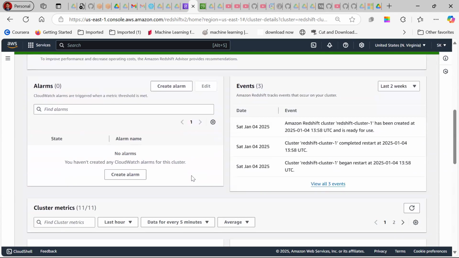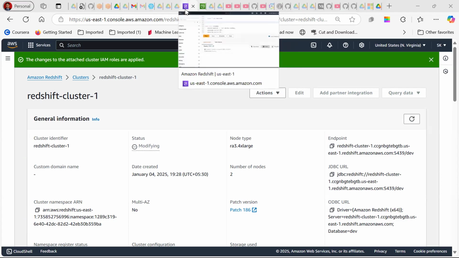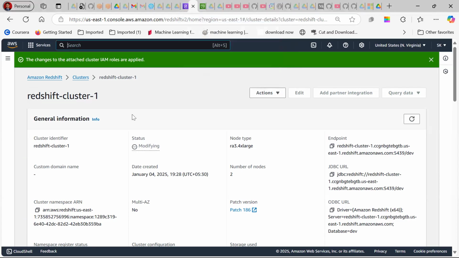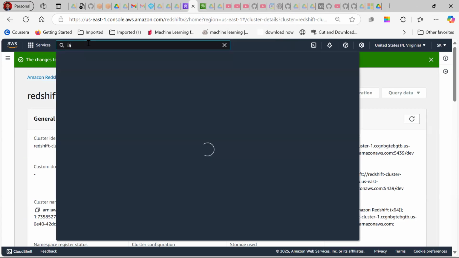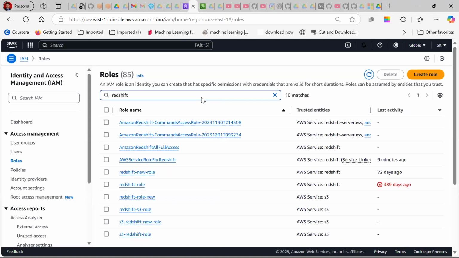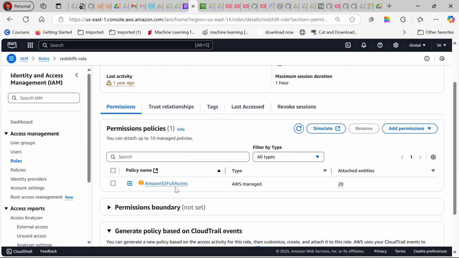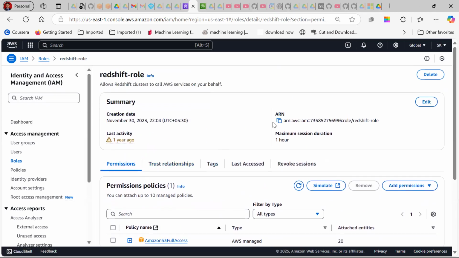Let me check in Redshift which role it is showing us. IAM roles. So we have a role already available. That role will allow Redshift to access S3 data. So we have a role here which you can click, and what we are using is the policy Amazon S3 full access. So I want Amazon Redshift to access the Amazon S3 bucket. So I'm just trying to use this role. I'll use this ARN, and I go back here,